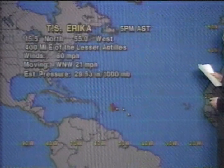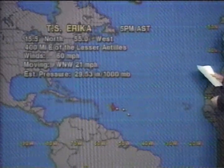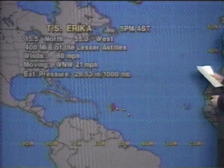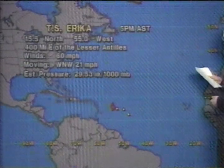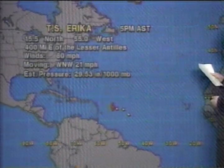The government of Antigua has issued a tropical storm watch for the islands of Antigua, Montserrat, Barbuda, Nevis, St. Kitts, and Anguilla. The government of the Netherlands Antilles has issued a tropical storm warning for the